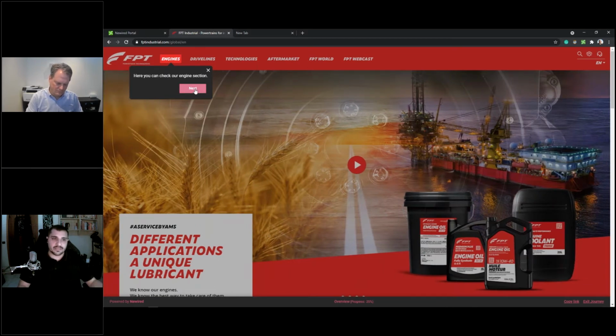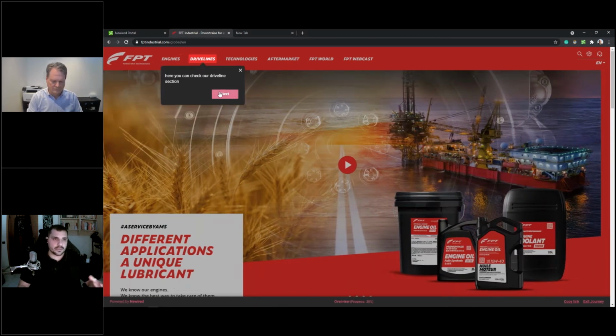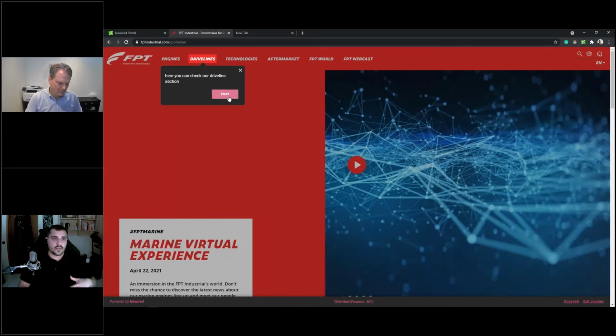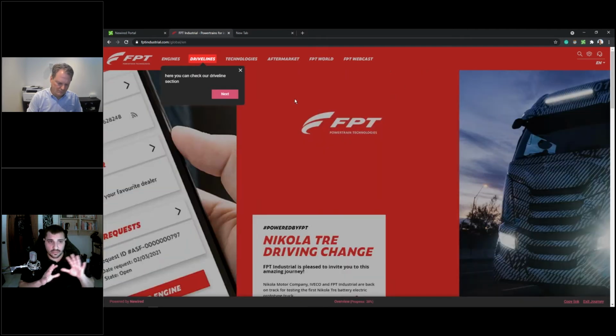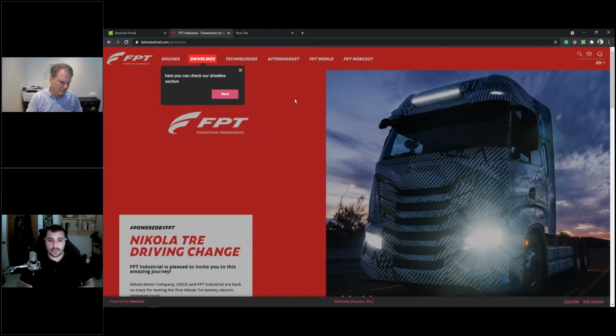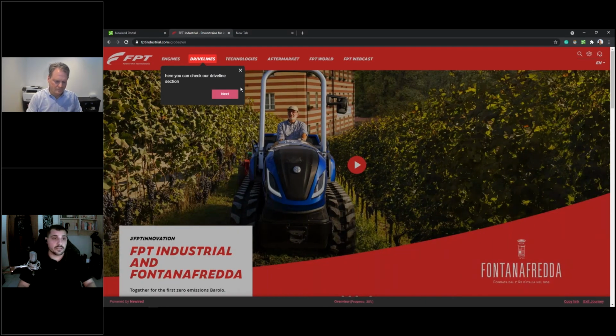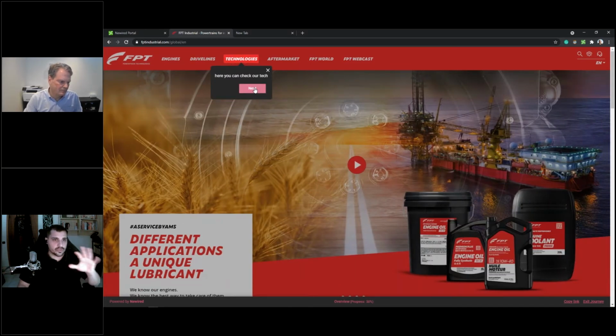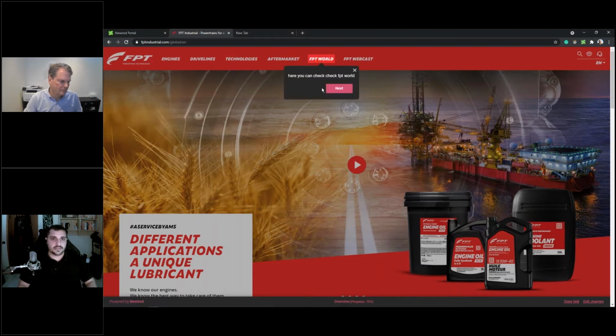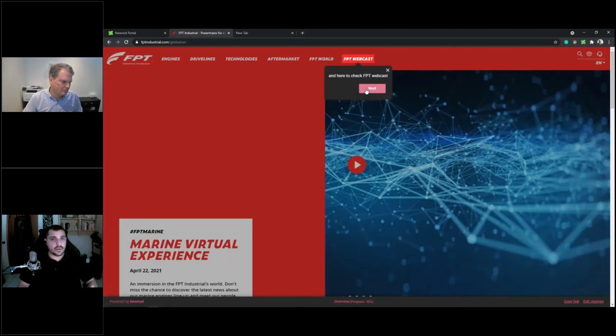So yeah, it's a very simple journey, and the concept is quite the same for the following ones, but we are highlighting these items with some kind of spotlight, which is actually having the user focus and interact only in that area. The user cannot go outside unless he quits the journey or proceeds with it. So we are really driving the user through this kind of knowledge. So we show technologies, aftermarket, FTP world, and webcast.